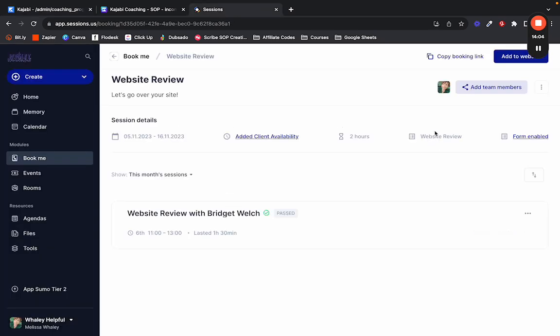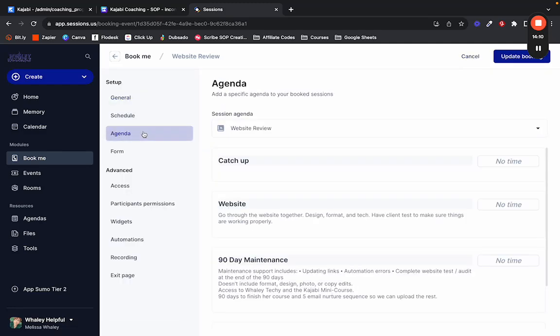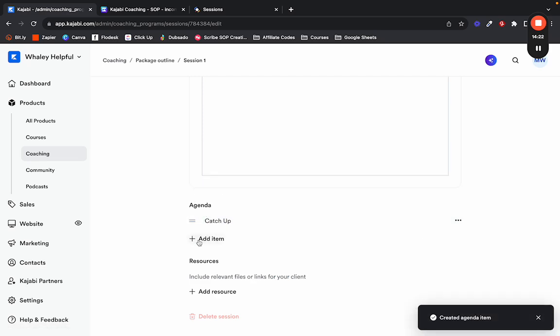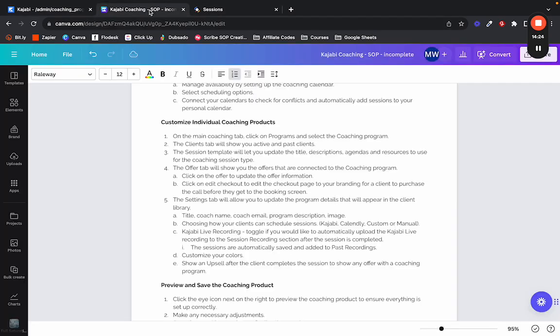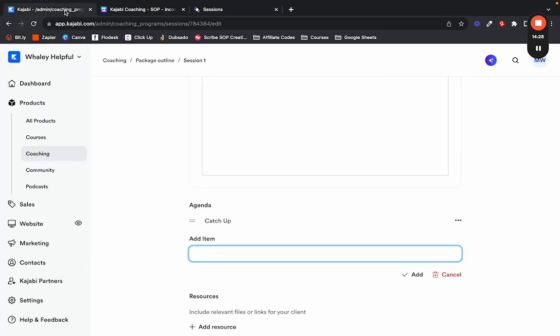And so as you can see in Sessions, I have an agenda in here. So when I go over the websites with people, this is the structure of the call. So I'll go in here and do catch up. So we just say, hey, see how they've been doing, kind of like that beginning small talk. We'll go over the website,